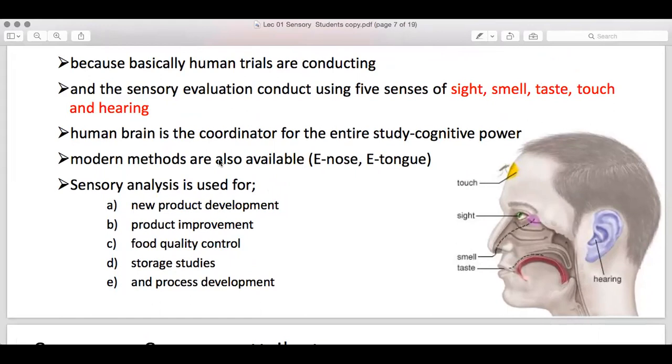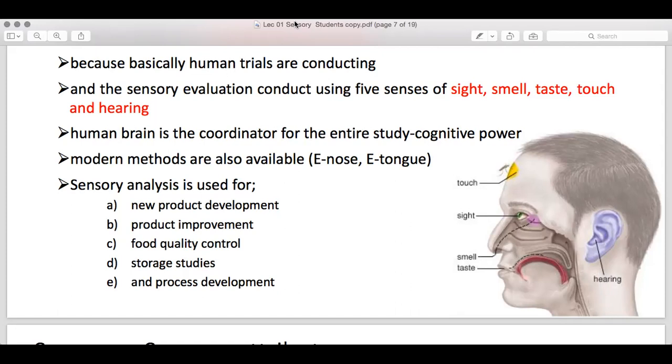Right? We have developed this product and we are going to check whether it is acceptable or not. And also, we can analyze its shelf life. So you know how to analyze the shelf life of a particular food product. We can do microbiological analysis, and chemical analysis is also possible. And parallelly, we have to do a